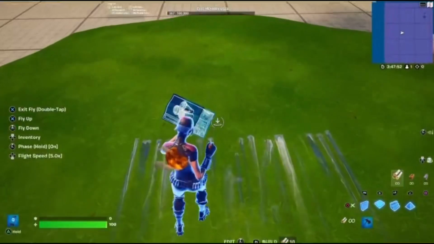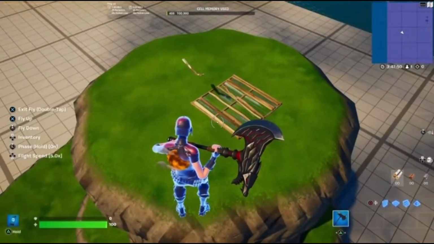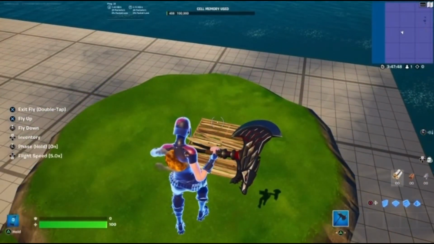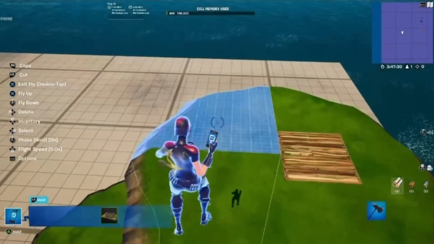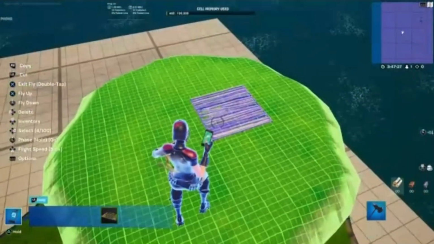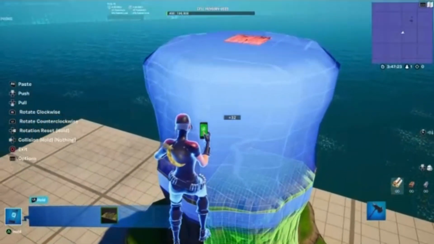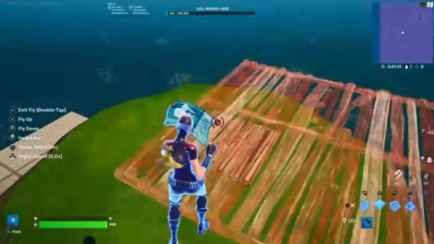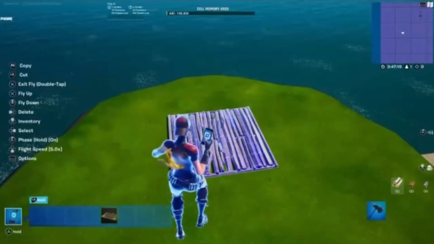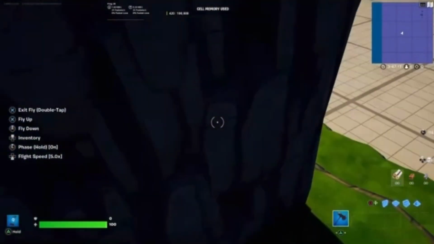Then you're going to want to grab it with a floor and you're going to multi-select everything, and then you're going to build it one step high. So let's go ahead and do that now. So you'll multi-select everything with the floor, you'll copy it, there we go. So we're still on the build height, as you can see, and we have like a perfect